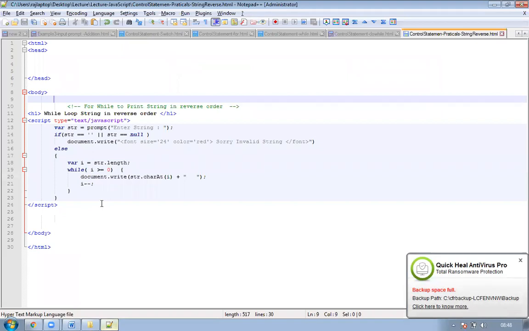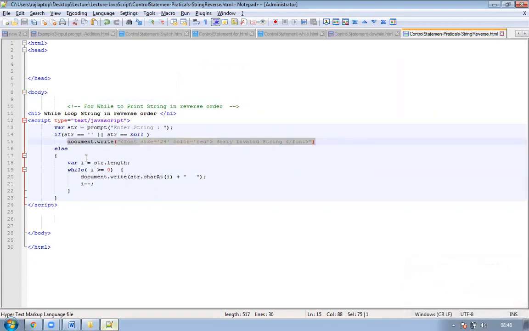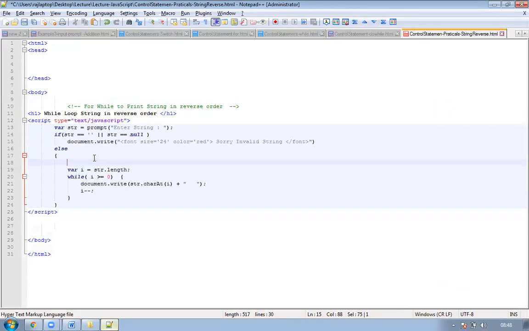If you want to display your existing string also, you can do it, no problem, because just before reversing it, you can display it. I can just say current string, and at the end I'll be saying this is in red color. I have to change this part. I'll be concatenating it. For concatenation, we'll be using the plus operator. We don't want the red color, we want the color green. So that is done.